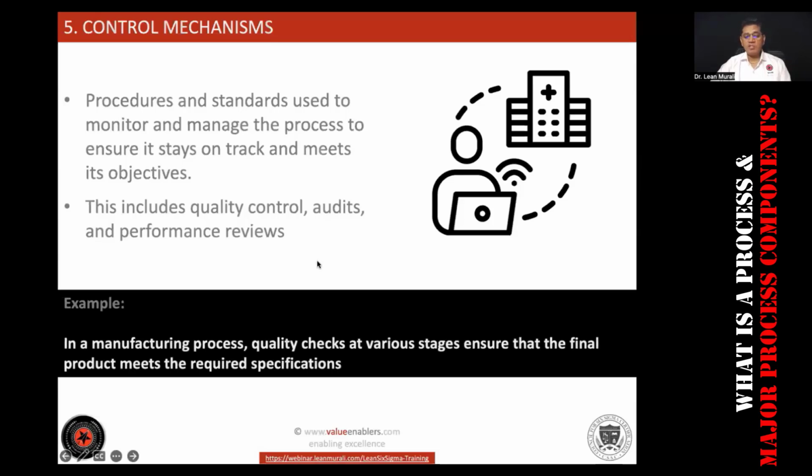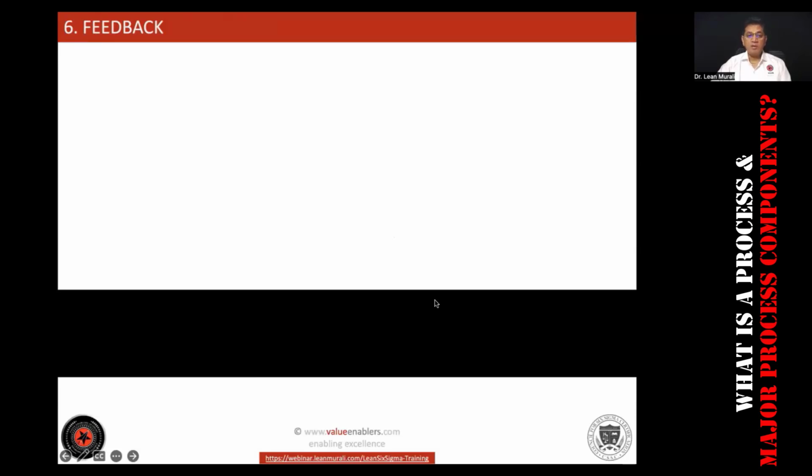Example, in a manufacturing process, there are a lot of quality inspections and quality checks at various stages that are required to meet the final product specifications. If control mechanism is clear,